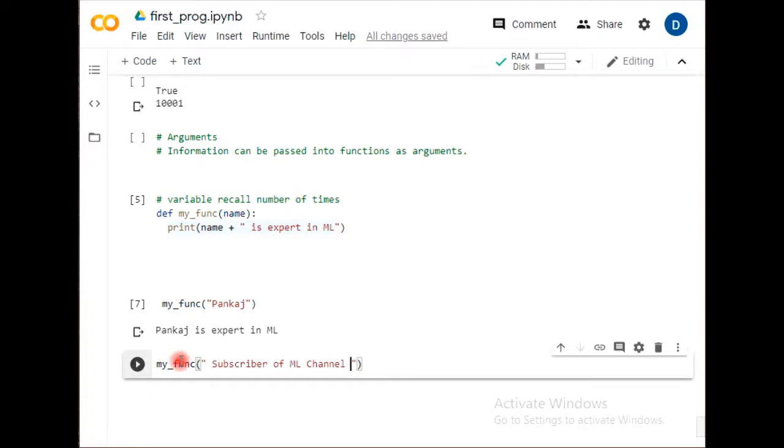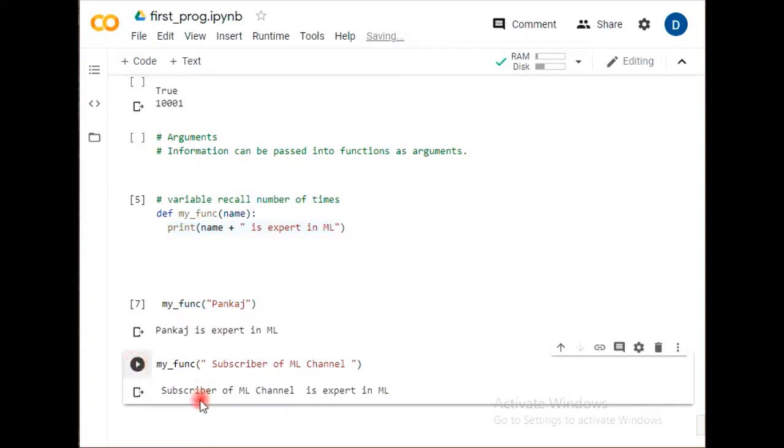So now this time you people are here. Subscriber of ML channel is expert in ML. I'm not repeating my program, just giving subscriber of ML channel is expert in ML.